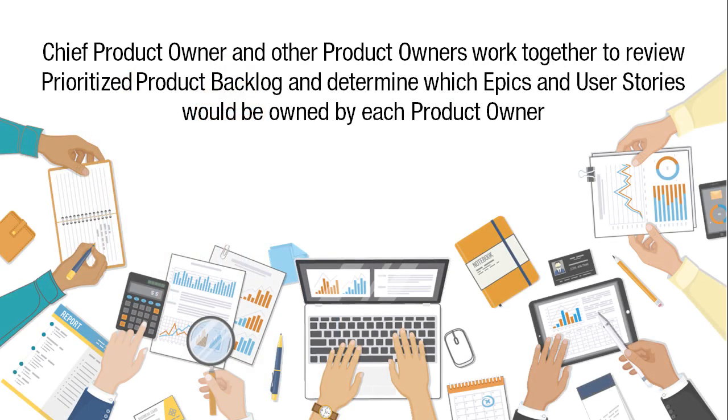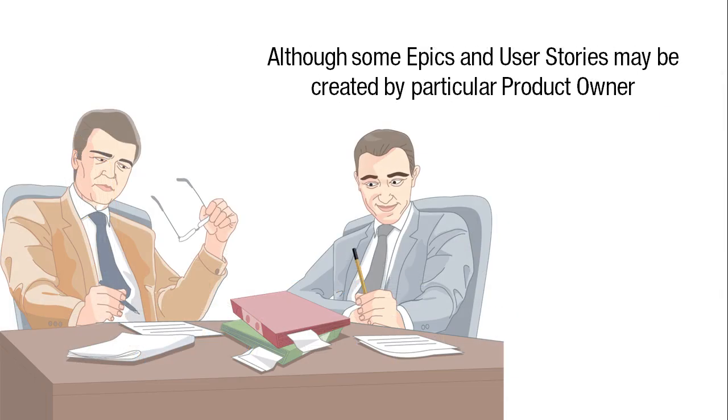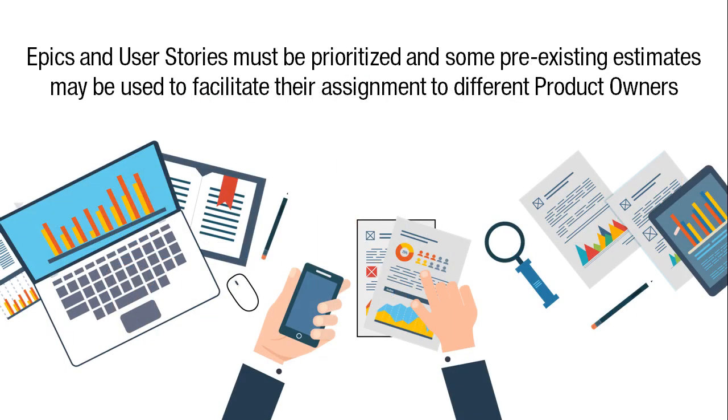The chief product owner and other product owners work together to review the prioritized product backlog and determine which epics and user stories will be owned by each product owner. Although some epics and user stories may be created by a particular product owner, they may be assigned to another product owner to manage and implement as part of the large Scrum project. Epics and user stories must be prioritized, and some pre-existing estimates may be used to facilitate their assignment to different